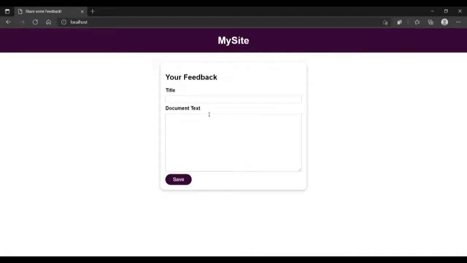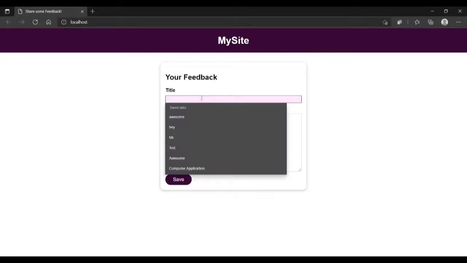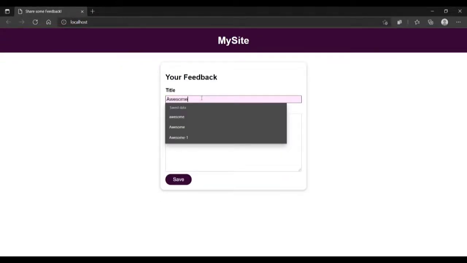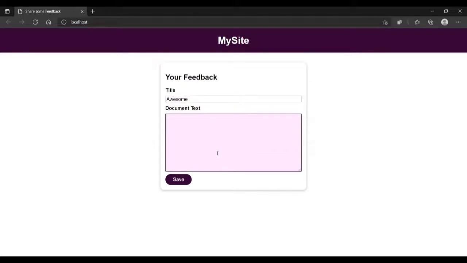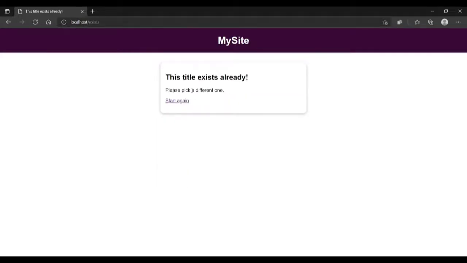So first, if we give a feedback, say we write this is awesome, and save it. If we again type awesome and type some text, it will not save.